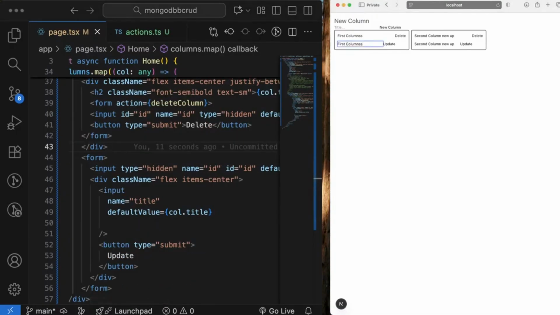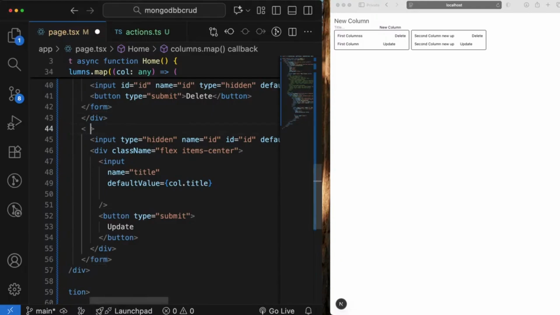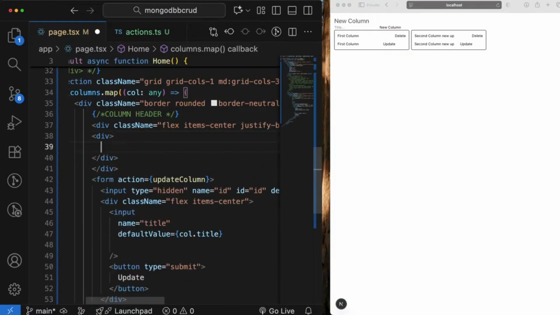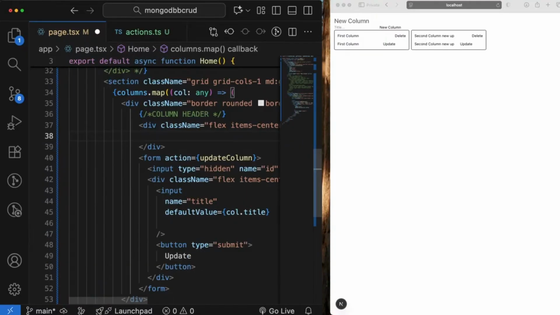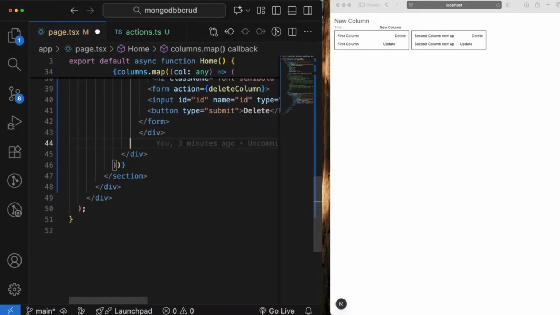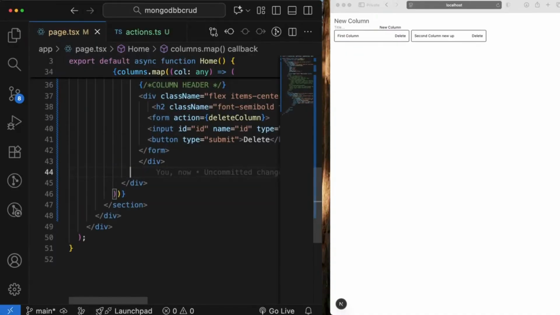So we have the H2 for the title, and we have the form to delete. Make sure this works. No, it's passing the action. This one is update column. Let's make sure this works. So it is still updating. Just need to update the position of it so that it is a little more aligned than what it is right now. Oh, yeah, absolutely. Let's do this. I think I will copy this. Let's remove it. Let's add another div. Let's give this one a class name. I think, actually, you know what? I'll leave that one there, and we'll capture this one, and we'll just relocate this to be inside of